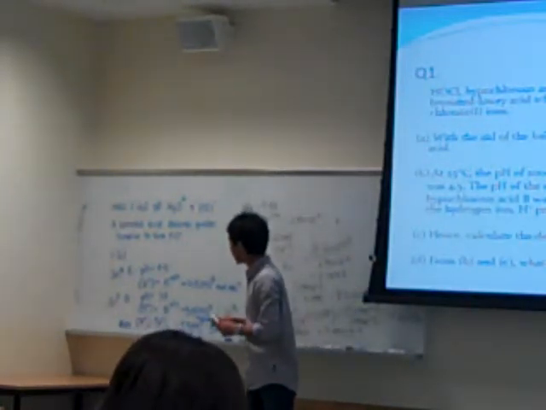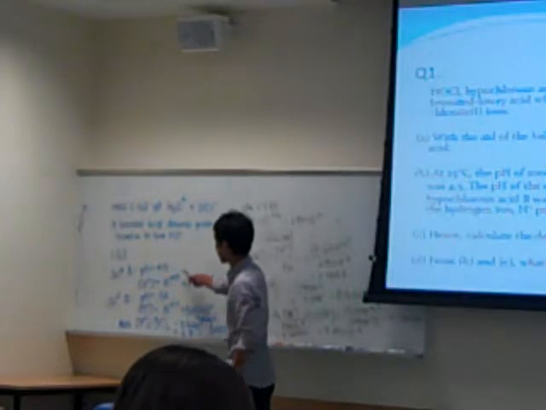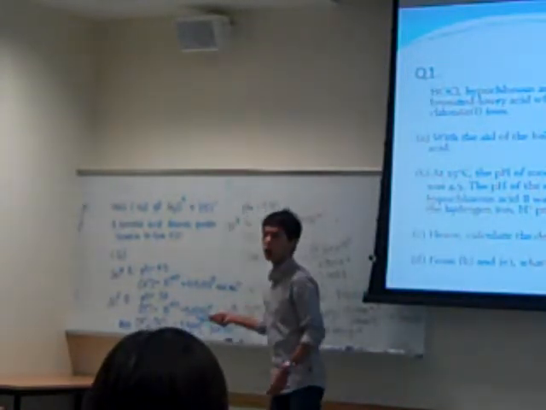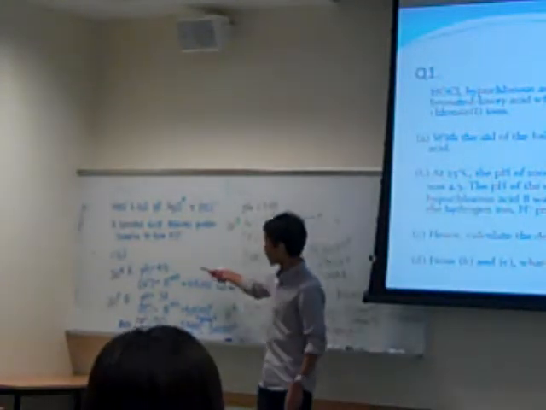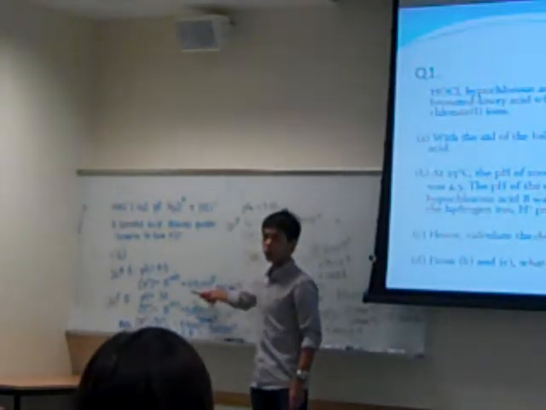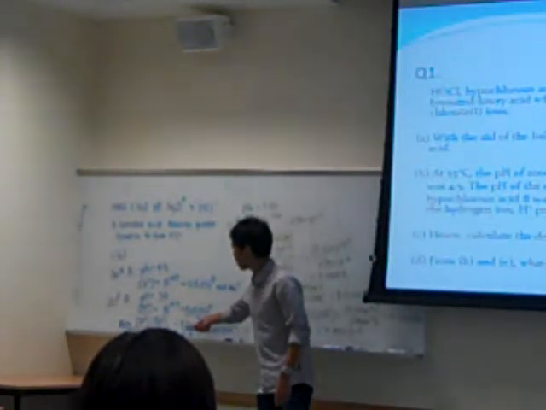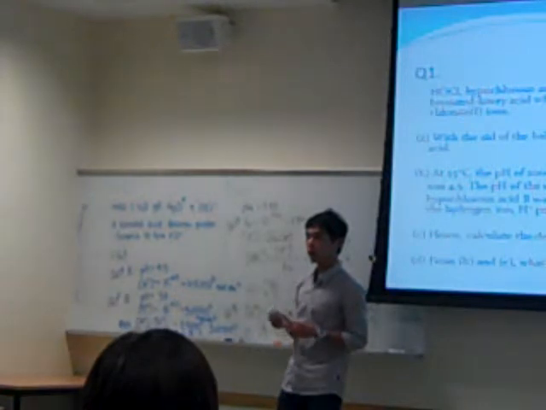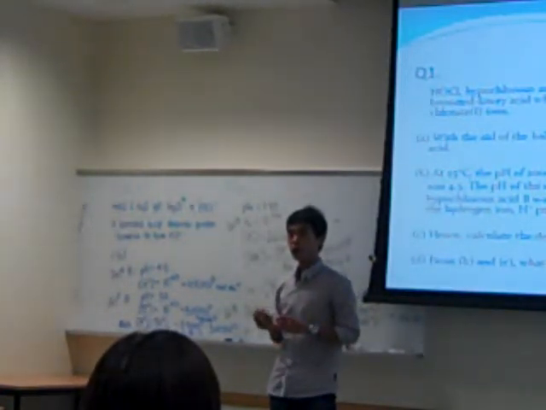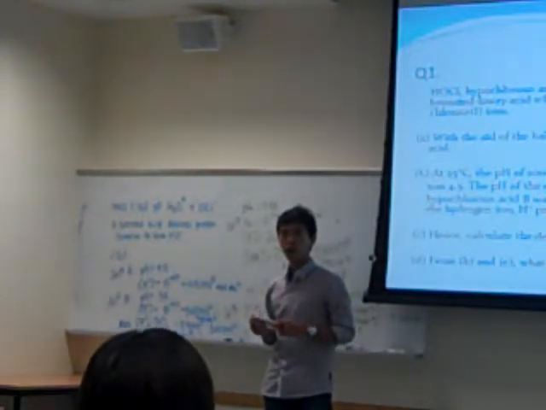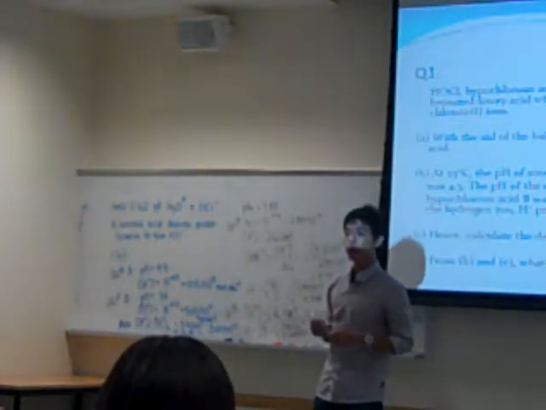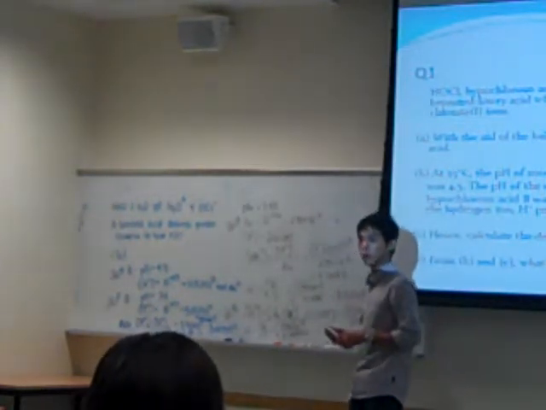For part B, it's quite straightforward. Just apply what you learned, and then you can see that the ratio works out to be 6.3:1. So the pH changes by less than 1 magnitude, but as you can see here, the concentration of H plus actually changes by 6-fold. So this shows that a pH increase of 1 will actually lead to how many fold increase? Have you all tried keying in your calculator? 10. Okay, 10 times. So an increase of 1 pH will lead to a 10-fold increase in the H plus concentration.